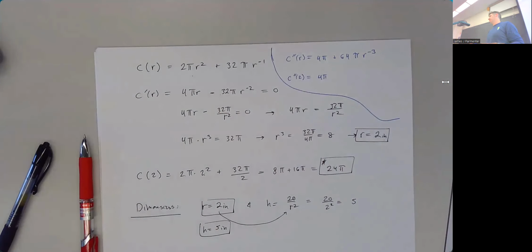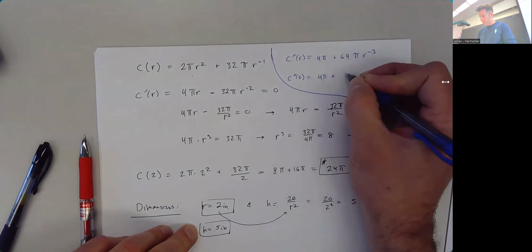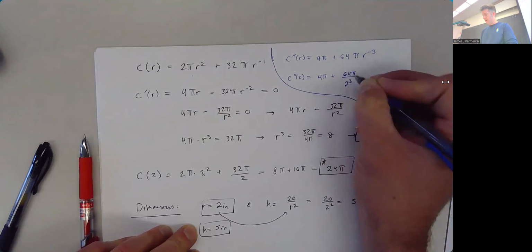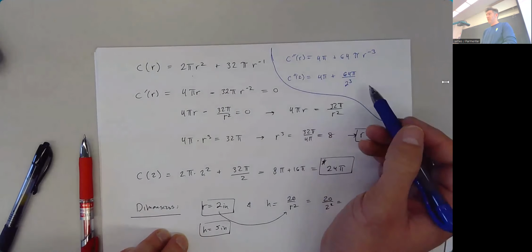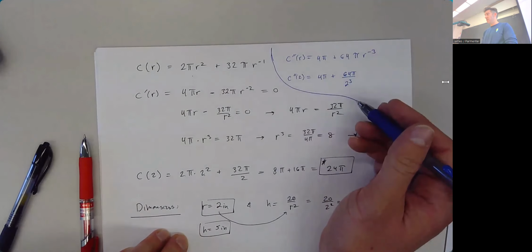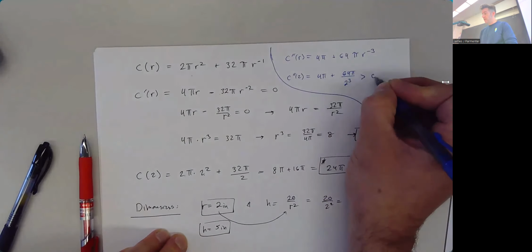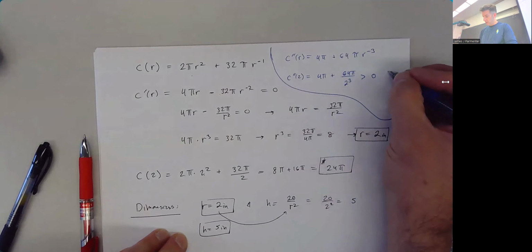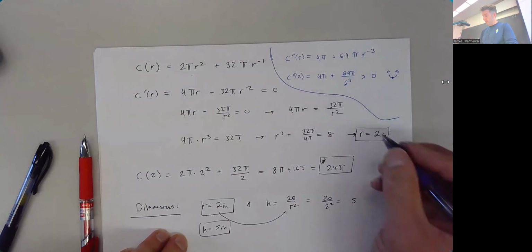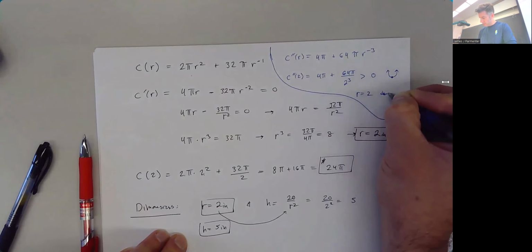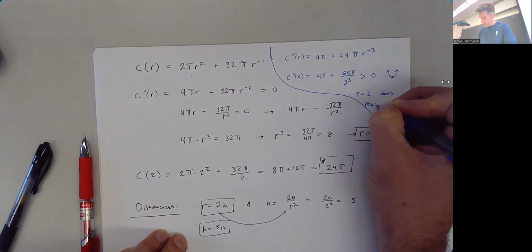I don't really need to think that hard about what's going to happen here, because if I plug in 2, I get 64 pi divided by 2 to the third, and regardless, I'm adding stuff here. So the whole thing's definitely going to be positive. Second derivative positive, concave up, which means you have to have a minimum. So yes, r equals 2 does minimize